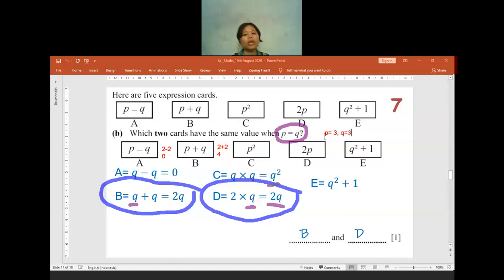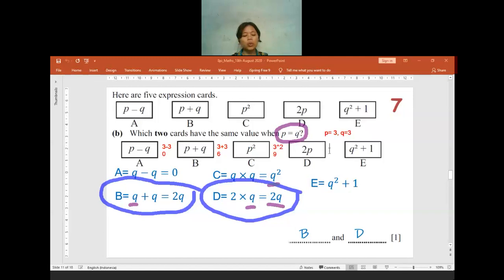The number will be up to you as long as when you add them and you square them, the answer will be different. So you can use a number as an example if you still do not understand how to use it when P is equal to Q. So now P equals 3, the Q is equal to 3, so I can do 3 minus 3, the answer will be 0. P plus Q, so 3 plus 3, it will be equal to 6, and then P square, so it will be 3 to the power of 2, which is equal to 9.